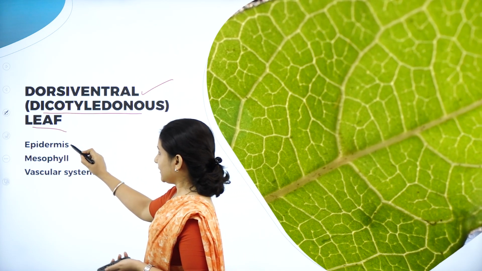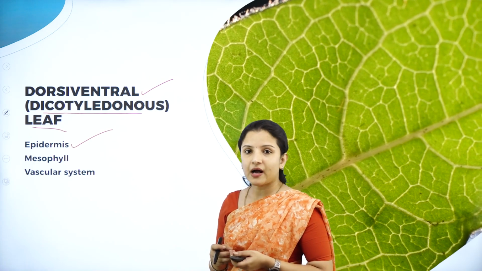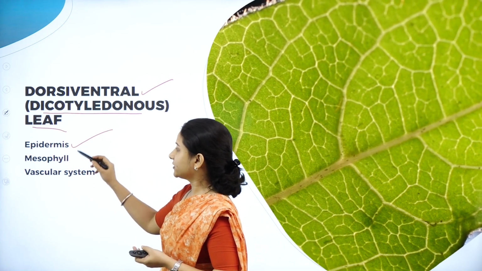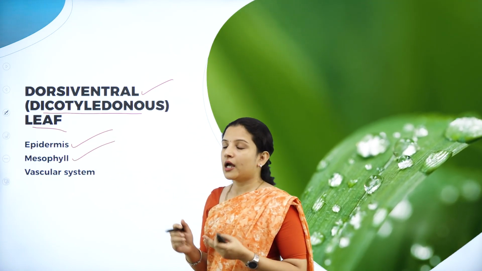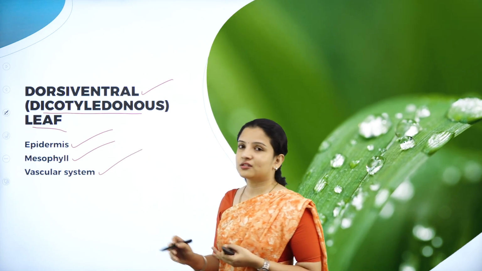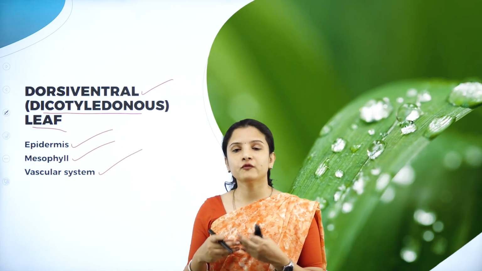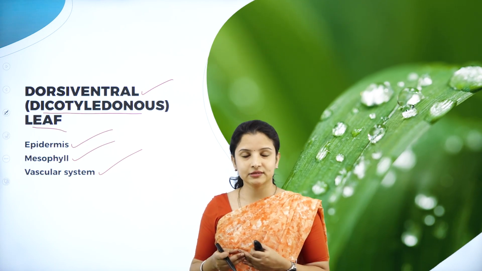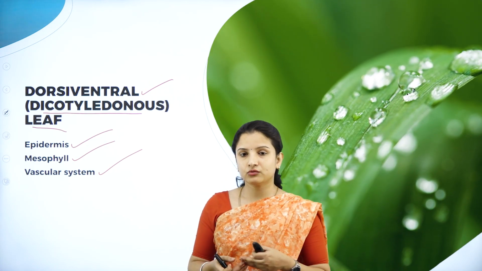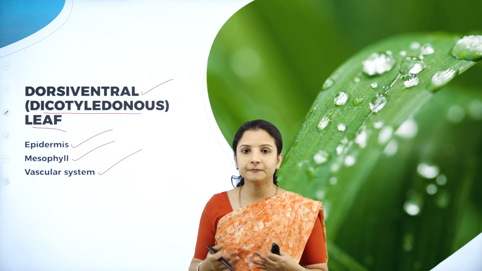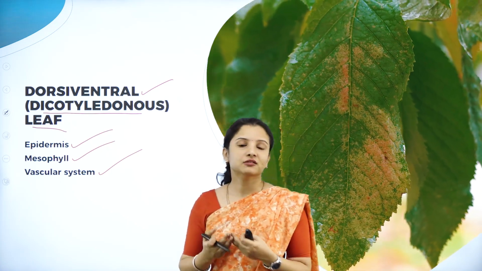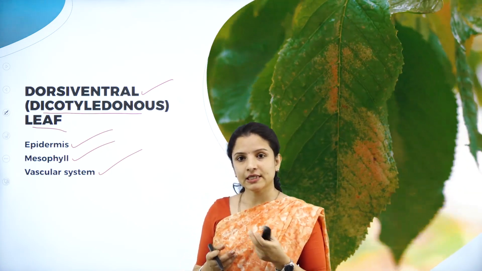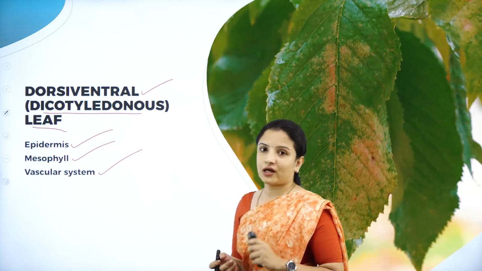So in today's session, with regard to the dicotyledonous leaf, we shall study the different parts or the different tissues, that is the epidermal tissue, the epidermis. We shall see about the mesophyll and then we shall see about the vascular system. Here, leaves are made up of a common type of parenchymatous cells. Unlike the stem and the roots wherein we had studied about the collenchyma, the parenchyma and the sclerenchyma, in the leaf the arrangement of cells is very, very simple when compared to the root and the stem. So we shall study about these one by one.